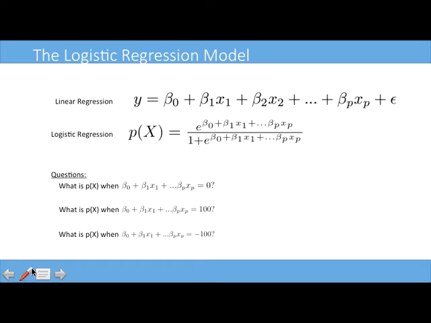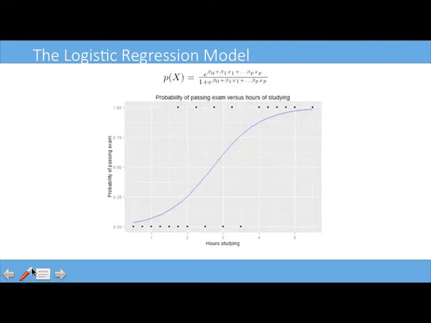And so basically, you can probably convince yourselves that this transformation does the job for us. It's not just any kind of transformation, it's specifically this kind, where we combine our values that we predicted before to be between 0 and 1, which lends itself naturally to the concept of probability. And so this is a graph of what that will look like for this particular case, which is the probability of passing an exam on the